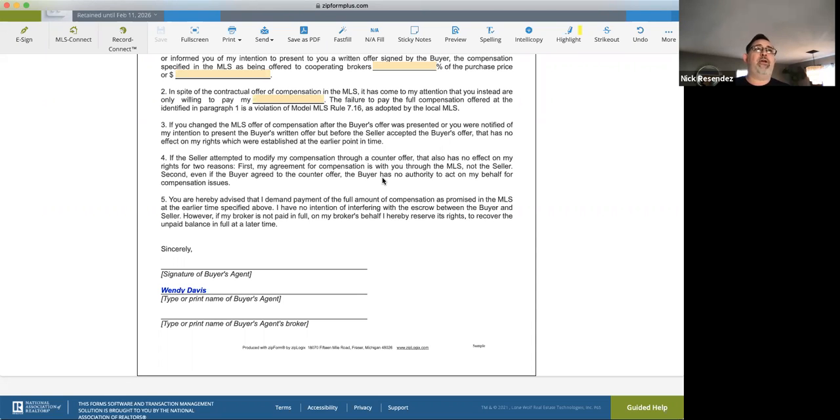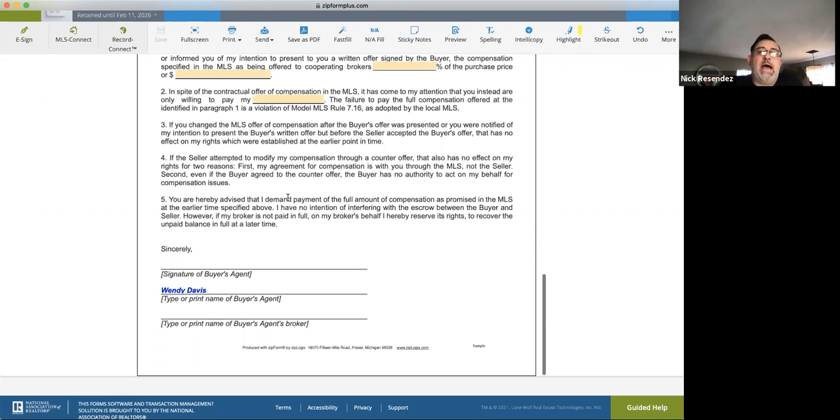So if you're going to negotiate that commission, that's fine. You can do that. It just needs to be done not in the contract between the buyer and the seller. It has to be broker to broker. Okay. So the last paragraph here says, if you do try to negotiate my commission on an offer or a